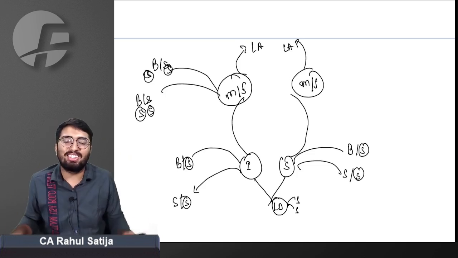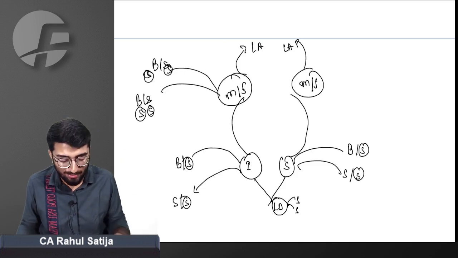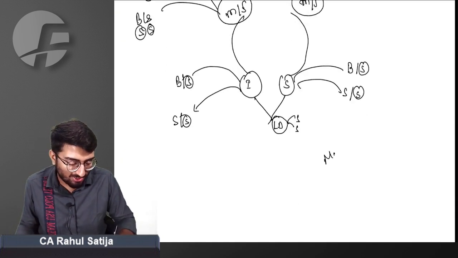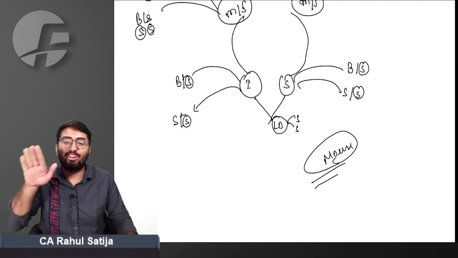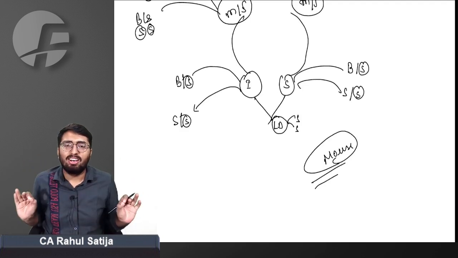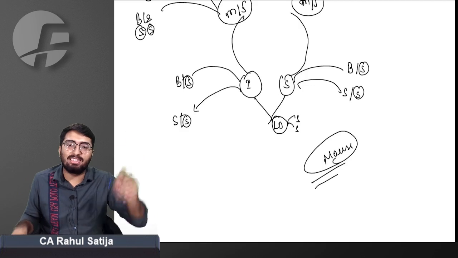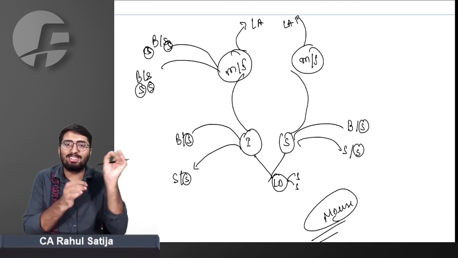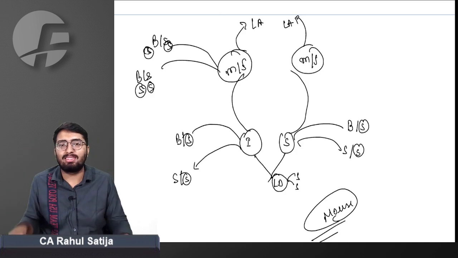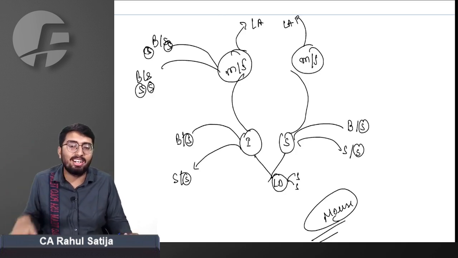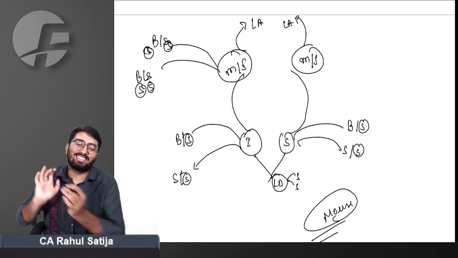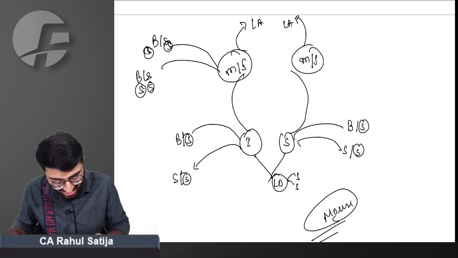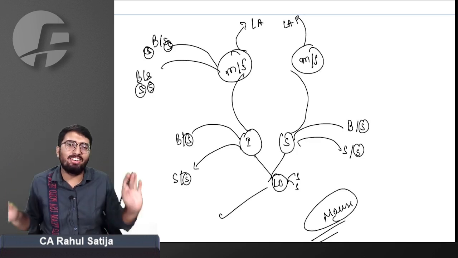Can you see a kind of creature in this picture? Sir, we can see a mouse. You have to remember this mouse whenever we are studying the definition of a relative. Whenever I refer to section 56(2)(x) relatives, you have to picturize this mouse. Whenever you are able to picturize this mouse, it is for sure that you will never make a mistake in understanding this provision or recalling the relatives that are referred herein. Getting me or not? Yes, sir, we did understand very well what you are saying.